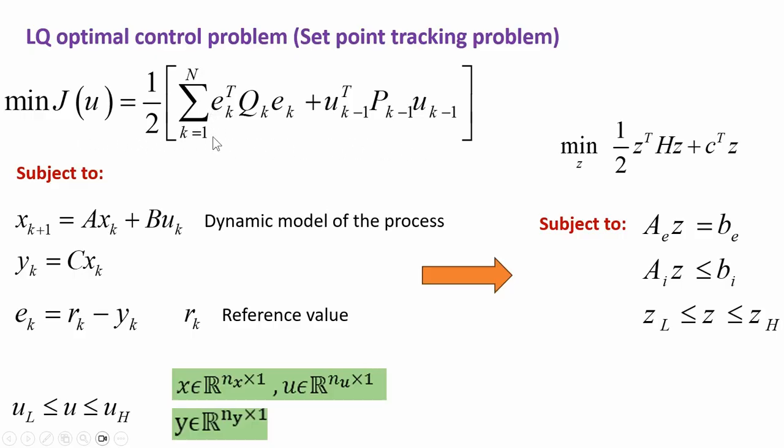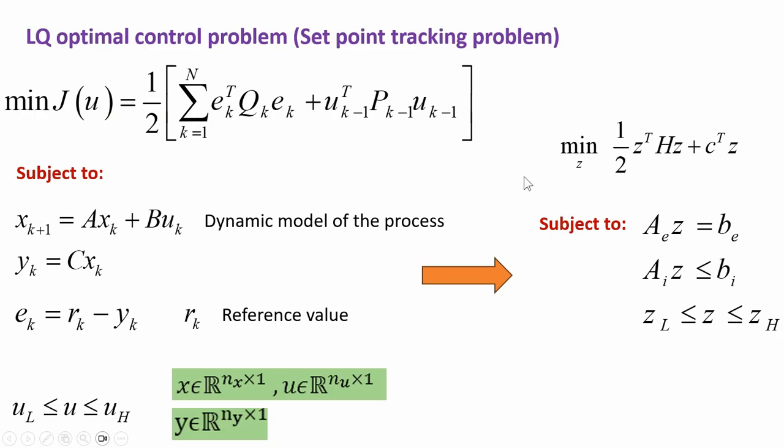So this is the structure of an LQ optimal control problem, and this we discussed in detail in the previous lecture. This LQ optimal control problem is not in a standard form, and that's why it has to be changed into a standard QP problem, or standard quadratic programming problem. The core concept in this video is that we'll be using the Kronecker product formulation to convert an LQ optimal control problem into a standard QP problem, so that we can use the solvers to solve this standard QP problem